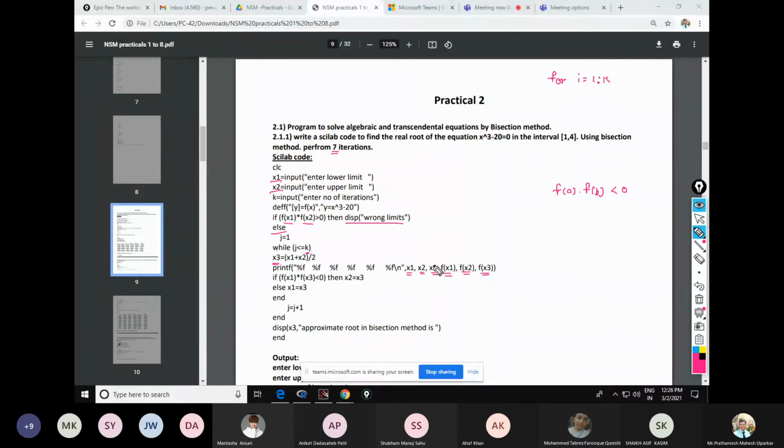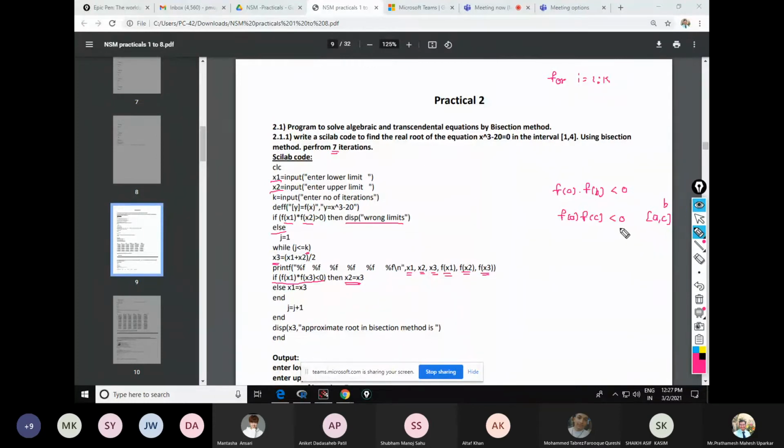Okay, now we have to go to the next iteration. So next iteration कैसे जाना है आपको? आपको चेक करना है f of a into f of c. अगर इसका वैल्यू निगेटिव आया, then you have to go a to c. You have to choose the interval a to c. मतलब क्या है? आपका जो न्यू वैल्यू ऑफ b क्या बन जाएगा? c बन जाएगा। So if a into c is less than 0, then we have to take the second point, that is x2 will become x3.